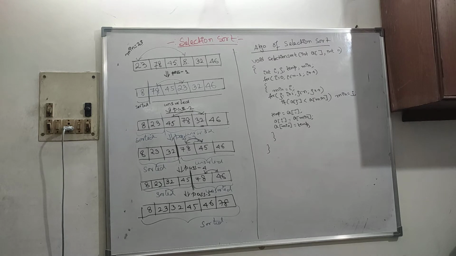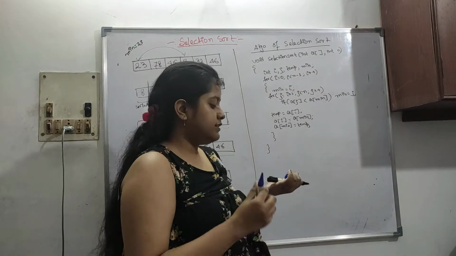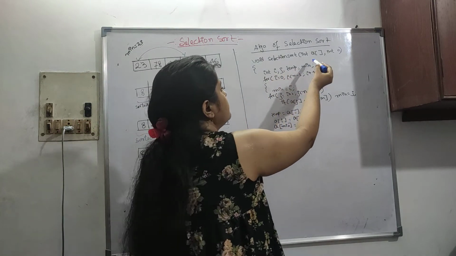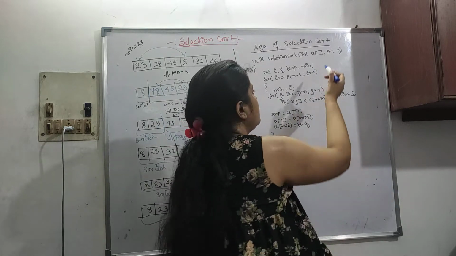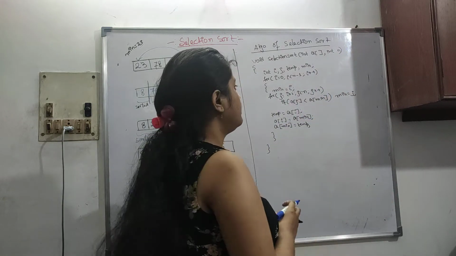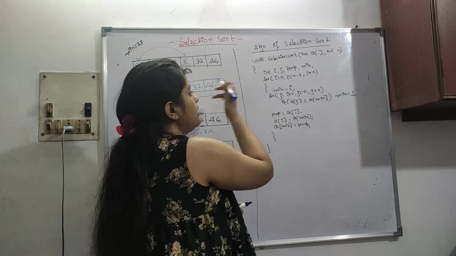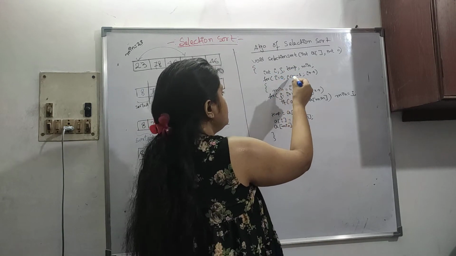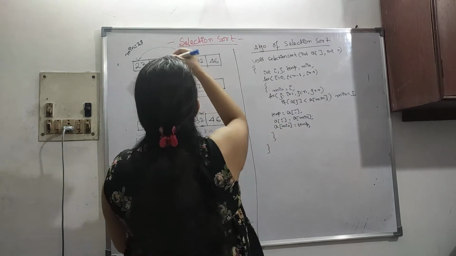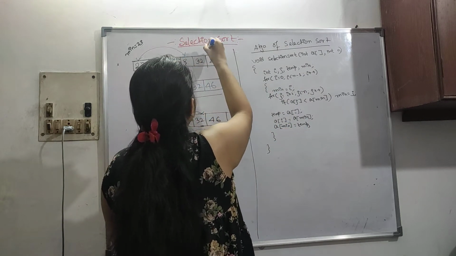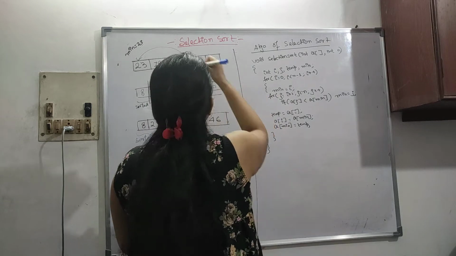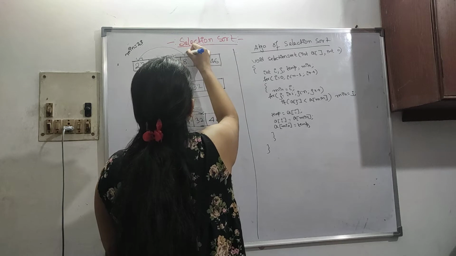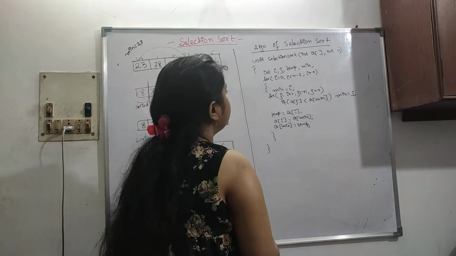So now let's see the algorithm. This is the algorithm of selection sort. Void selection sort. See, this is an array A, and then the number of integers n is given. These variables are taken: i, j, temp, and min. So i is running from 0 to n minus 1. Here how many elements are there? 1, 2, 3, 4, 5, 6. 6 are present. So i is starting from 0, and it will run till n minus 1: 1, 2, 3, 4, and 5.